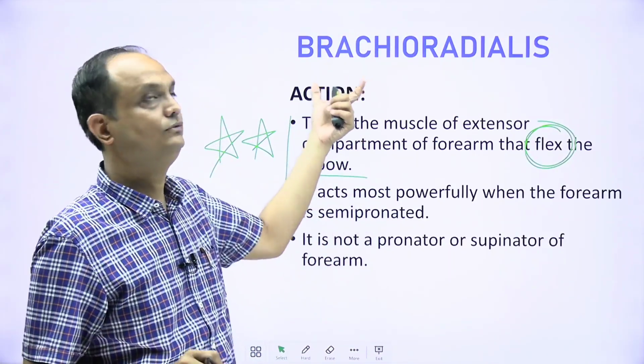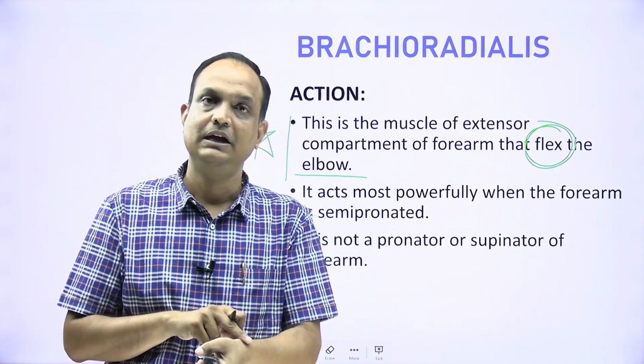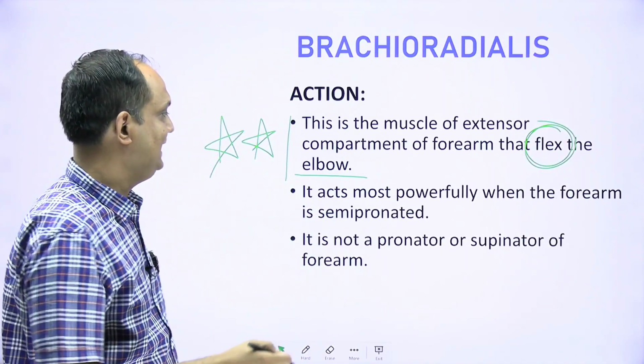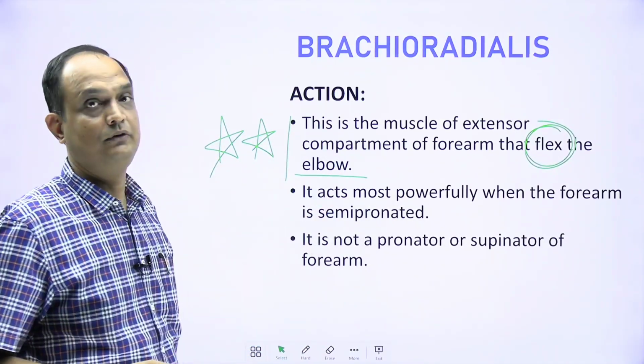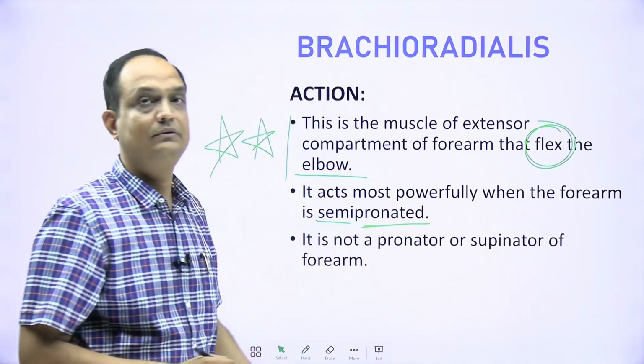Answer is brachioradialis. Why brachioradialis? Because brachioradialis inserts at the styloid process, and to act on the wrist joint it has to cross the joint. The second action is that it is the most powerful when the forearm is semi-pronated, and that's, now see, this